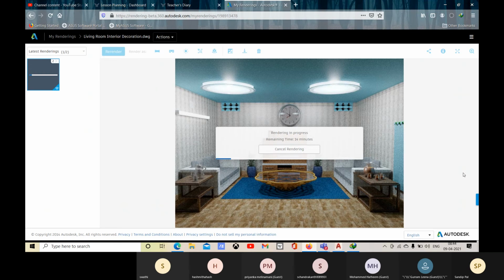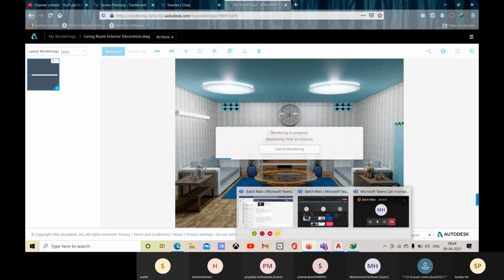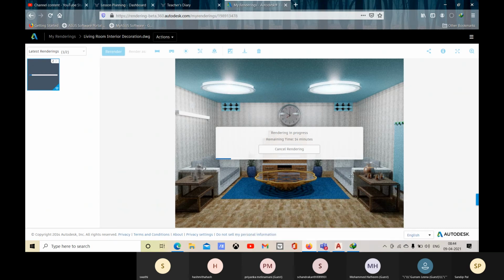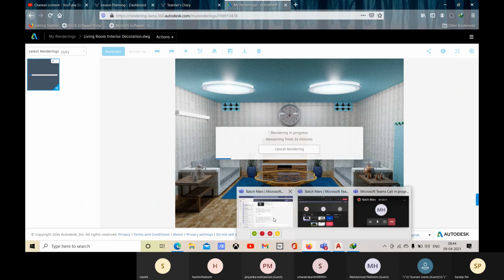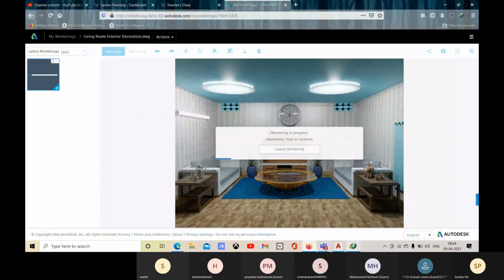All right, so it will take more time. It will create the final output, and after this I can upload it in WhatsApp, or you have joined in Microsoft Teams, so I can upload this file there also. Okay, so you have your AutoCAD plan.